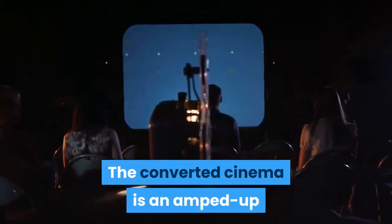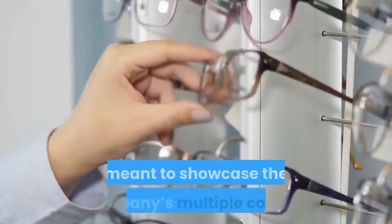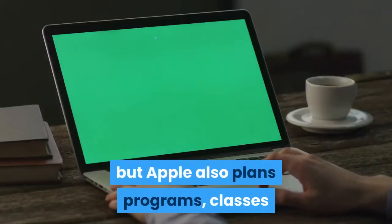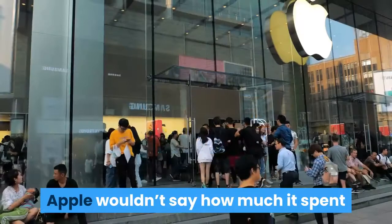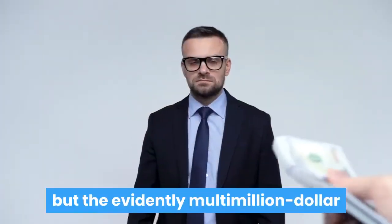The converted cinema is an amped-up and reimagined version of Apple's normal store format, meant to showcase the company's multiple content creation visions. There's plenty of tech to buy, but Apple also plans programs, classes and other events involving well-known filmmakers, musicians and artists. Apple wouldn't say how much it spent renovating the once derelict Tower Theater, but the evidently